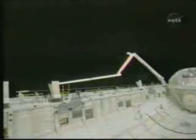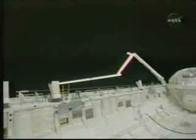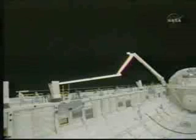Good. Houston, Atlanta. Go ahead. Terry, we're in the process of taking pictures with the 400. We've got several other pictures as well, but the best view we got was through the binoculars, and the best way I can describe it is there's some kind of reflective cloth or metallic-looking type of cloth of